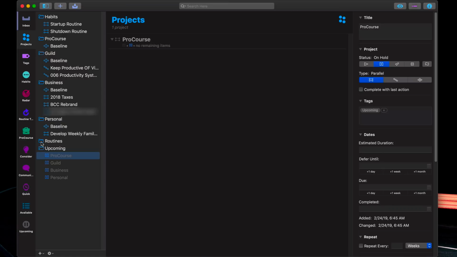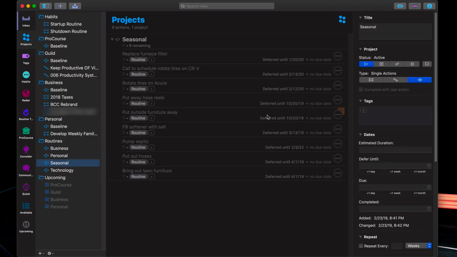So we'll hit the routines folder next here. There's a number of areas that I have in here. So there's a business one, personal, seasonal, and technology. Again, these are single action projects, but these are all the tasks that are in here. We'll go to the seasonal, why not? All of these in here are